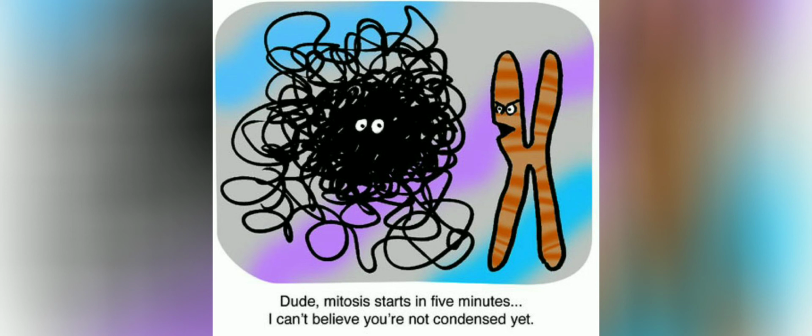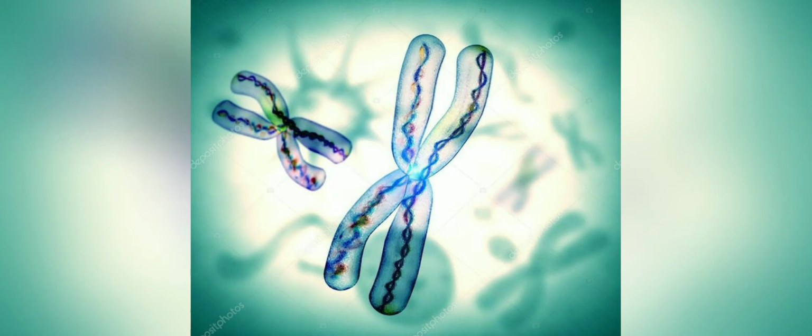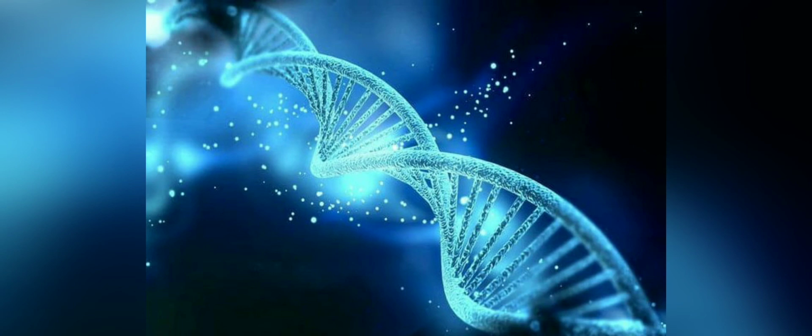This chromatin becomes chromosome. And the chromosome contains information of inheritance of features from parents to the next generation in the form of DNA. This is the chromosome and it contains the information for inheritance of features from parents to the offspring.